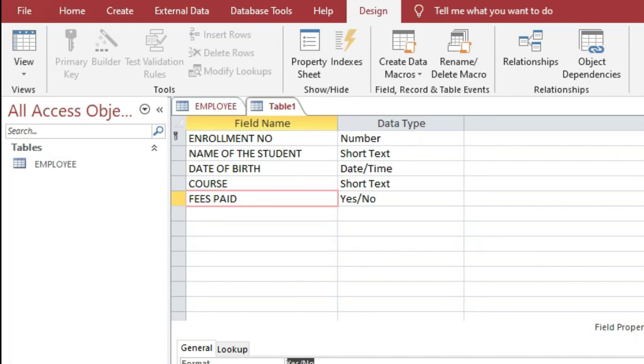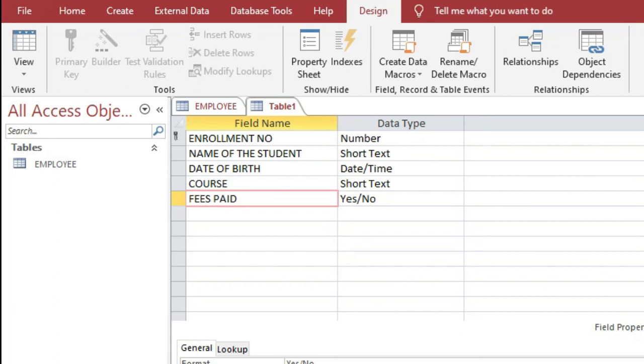Yes, we are selecting. Now click on the text align option here and then click on the drop down arrow and select any one. Here I am trying to select general for this.